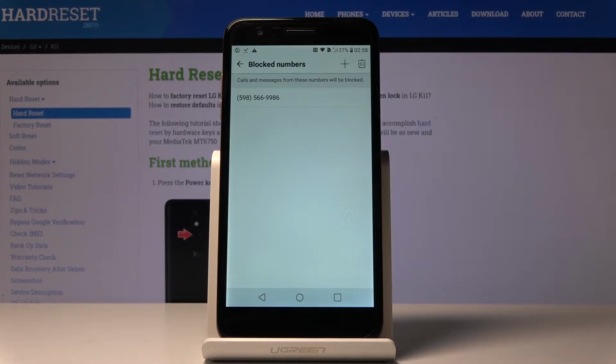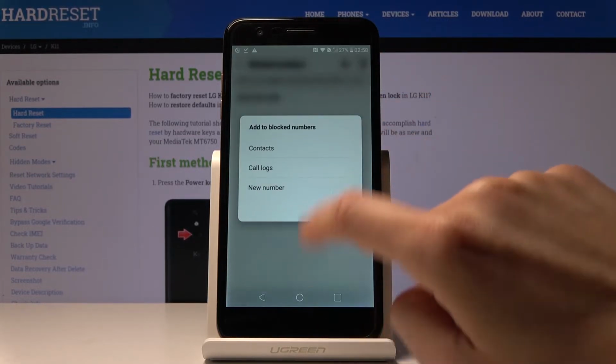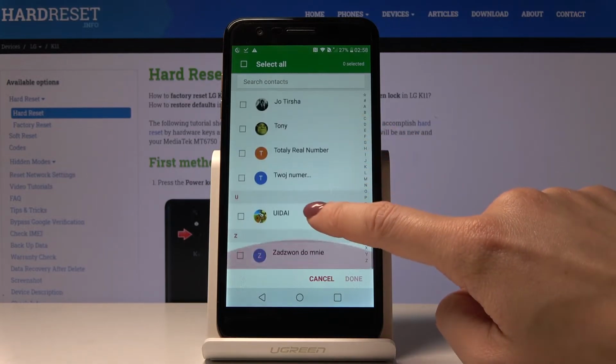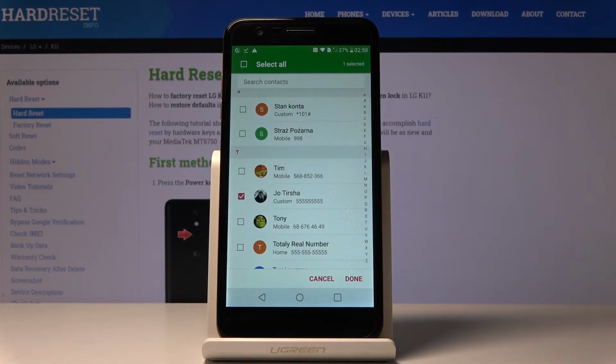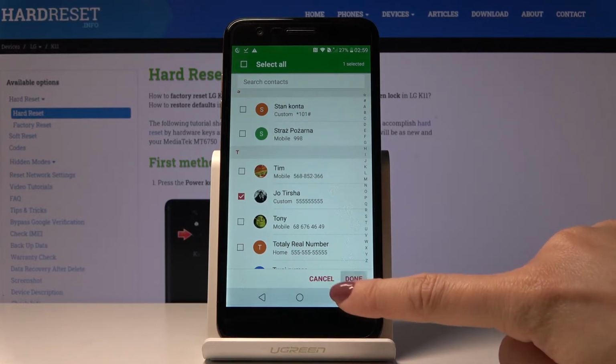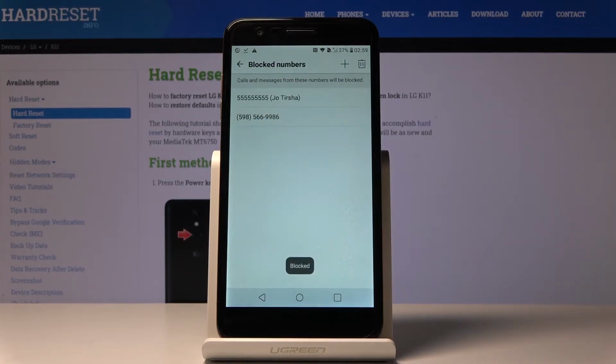number. If you would like to block some contacts, smoothly tap on plus, select contacts, and then choose the contact that you would like to block. Click on done. And that's it. As you can see, those numbers are blocked now and you will not receive any calls or